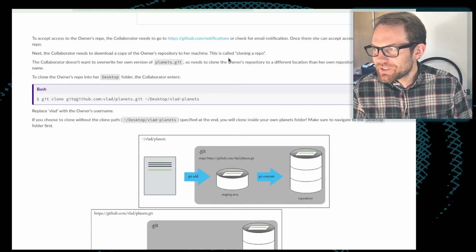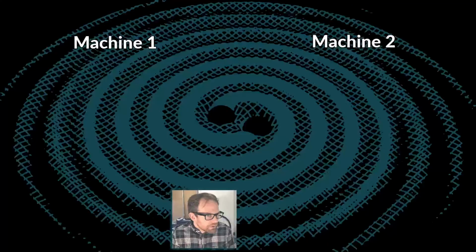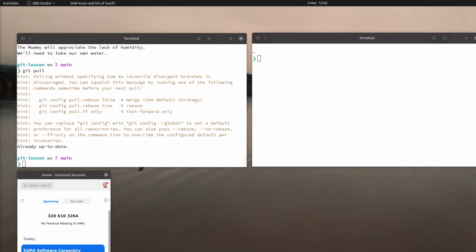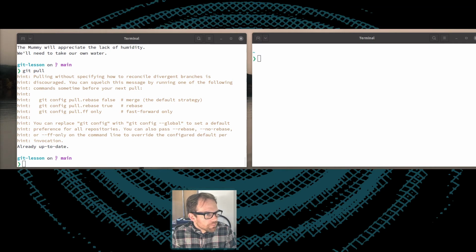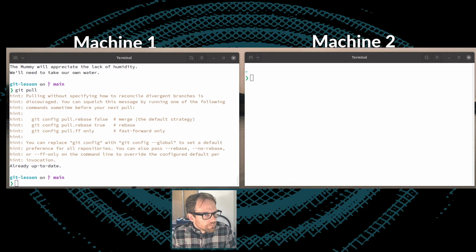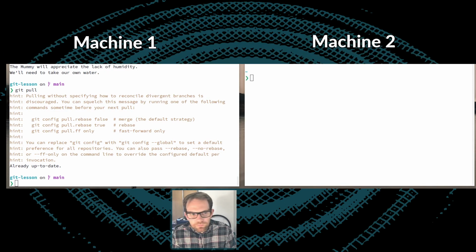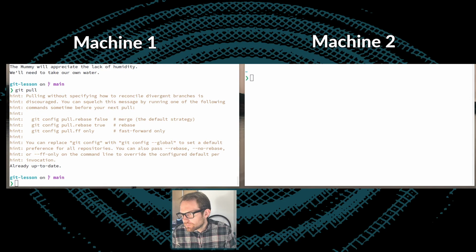Let me try and set it up so you can see both of my terminals. Okay, so hopefully you can now see two terminals.